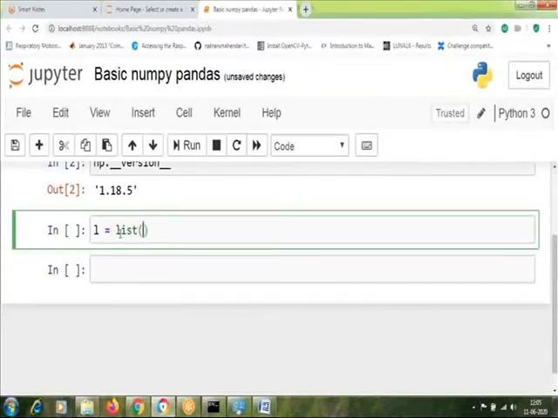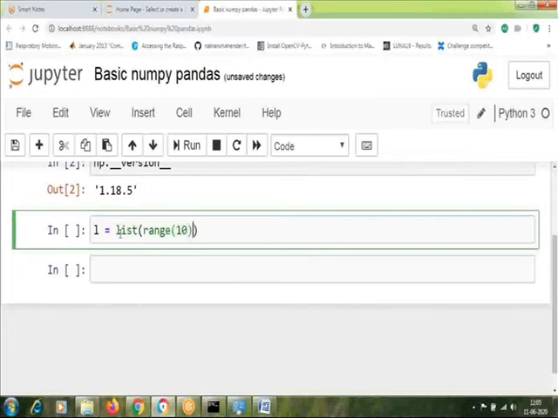So we are creating a list. List is a keyword which helps in creating a list. Range 10. So we want 0 to 9, so 10 will not be included. Whenever we give the keyword range, it will start from 0 until the number which we have specified. Here we specified 10, so 10 will not be included. So from 0 to 9 we will get.